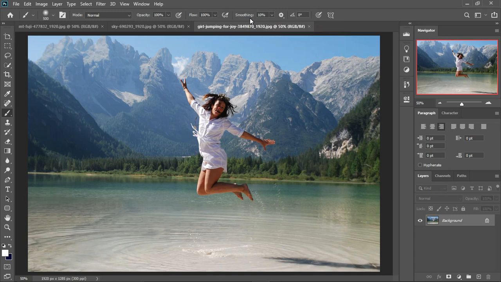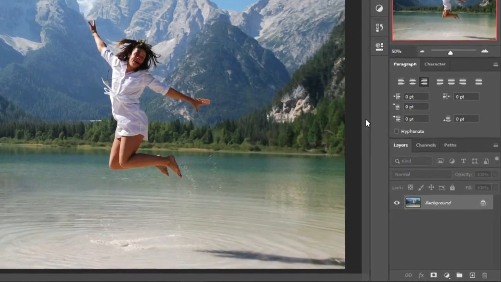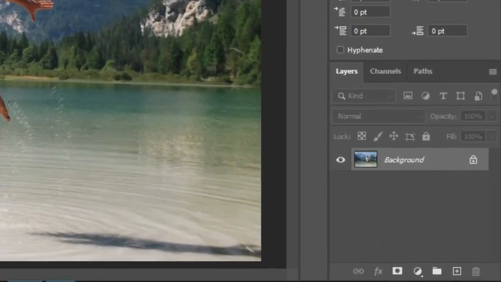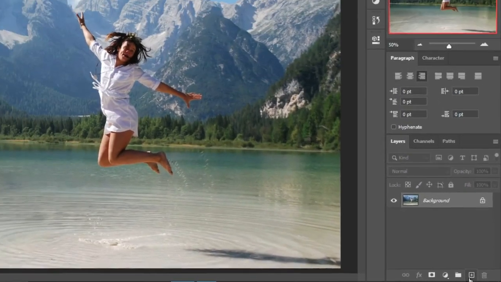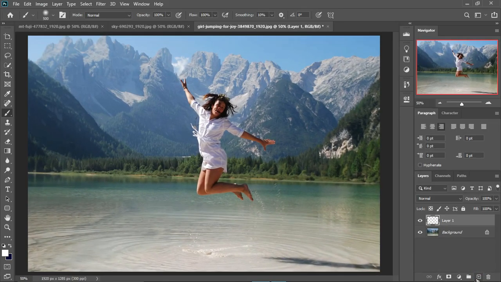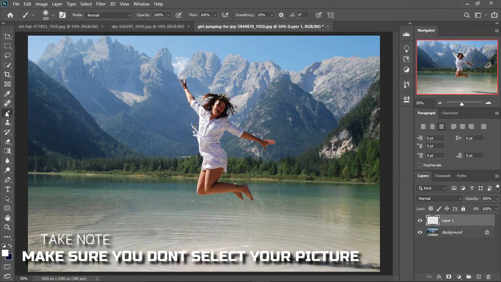So let's start by clicking new layer, by clicking on the plus sign below. Now you see the picture has been opened. So you select the new layer, then you go and select the spot healing brush tool. And remember,